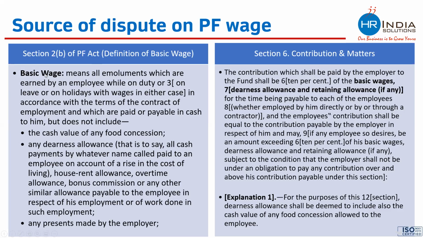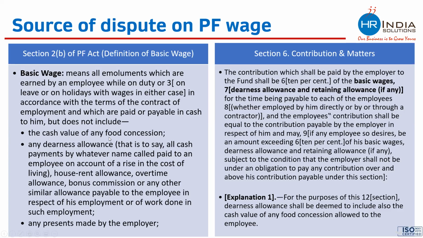Now understand this. Here the definition itself is saying all the components of the employee's earning is basic wage. It is not saying that only the component named basic wage. So what employers have done is they have named a component as basic wage and started contributing on that, so that they get a lesser contribution for the PF to reduce their PF contribution cost. But what exactly this Act is saying is that all those components which an employee is earning are known as basic wage, but